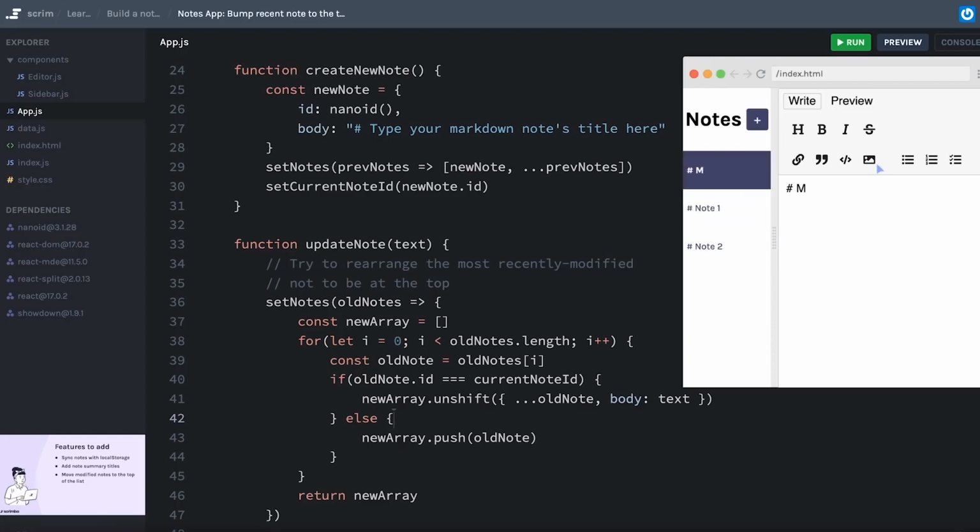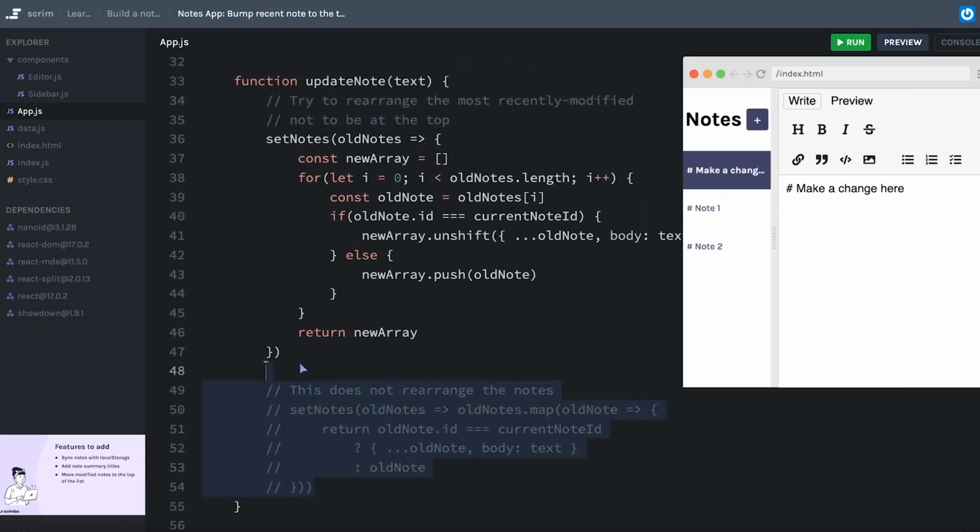Maybe I make a change here. And sure enough, it's at the top of the list. And note 1 is still modified. And of course, now it's at the top of the list. Awesome. At this point, I can probably clean up some of my comments if I'm not going to be needing